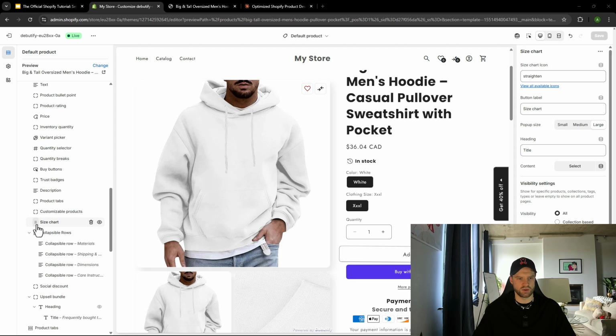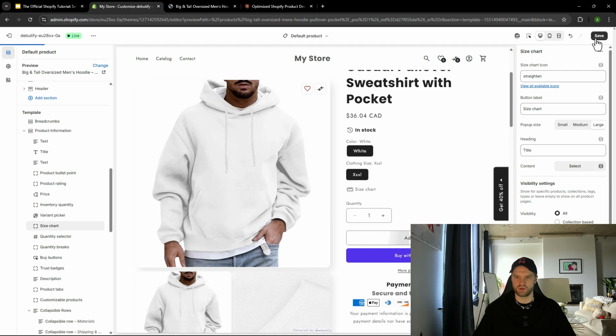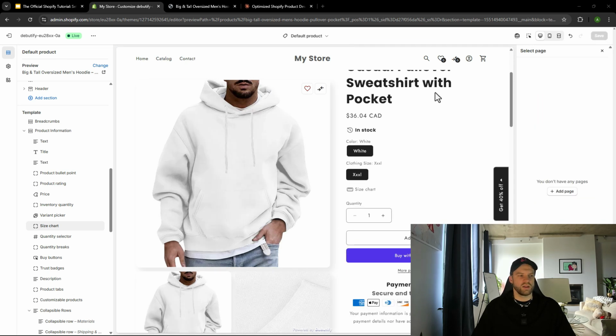Okay, so let's just drag and drop it right. Text, bullet points, right. Yeah, there you go. This is a good spot for it. So let's save that. Okay, and to actually add the size chart page, what we need to do, we need